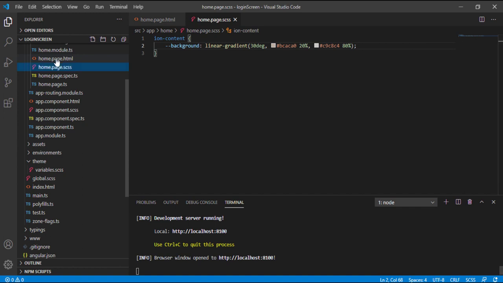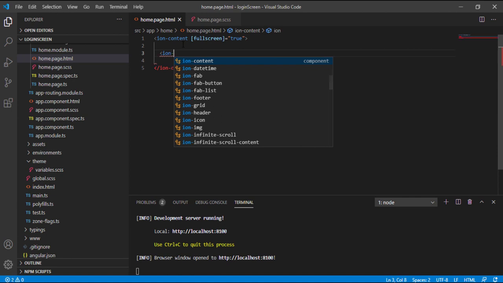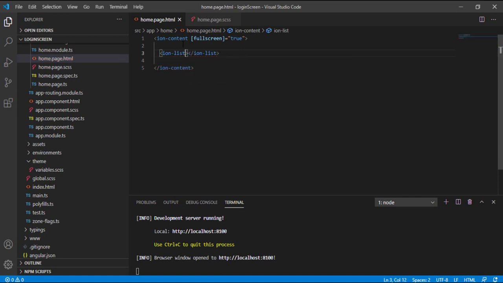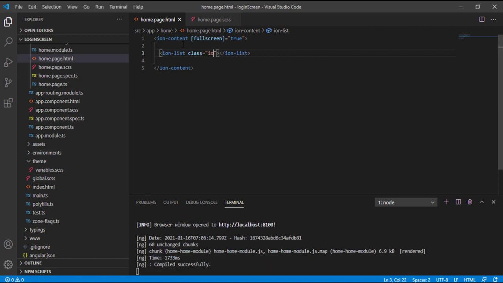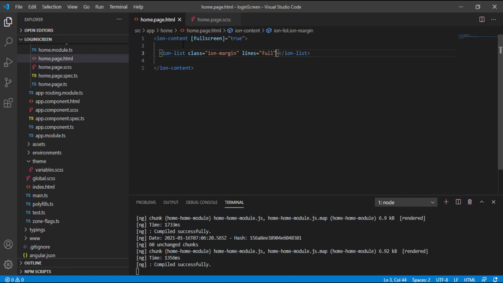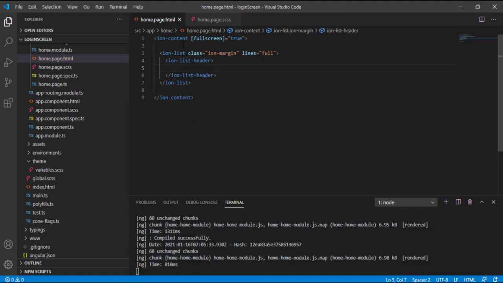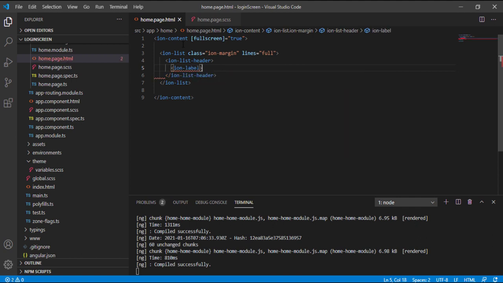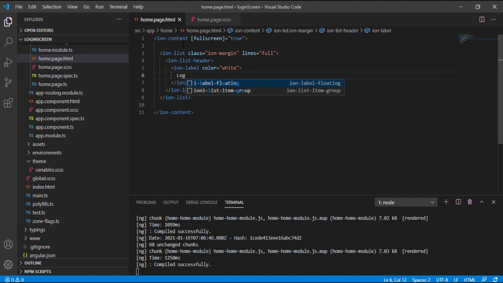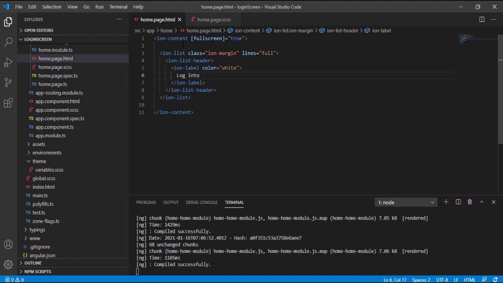The next thing which we are going to do is to make an ion-list within our ion-content. So let's do that. ion-list. Let's give some margin to that, and we'll have lines in that which will be of full size. Within the ion-list, we are going to have an ion-list-header, and within our ion-list-header we will have an ion-label whose color will be white, and let's call it Log into,